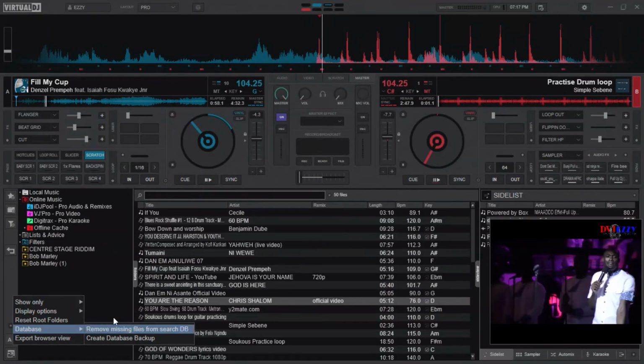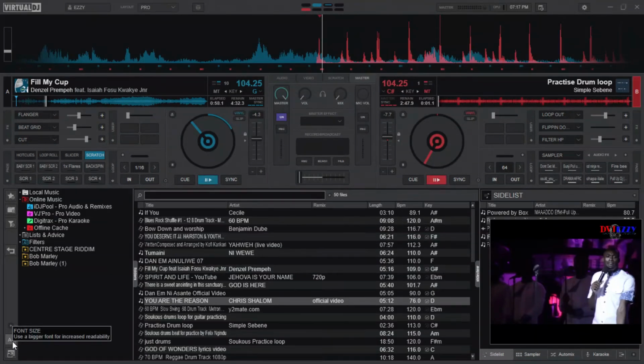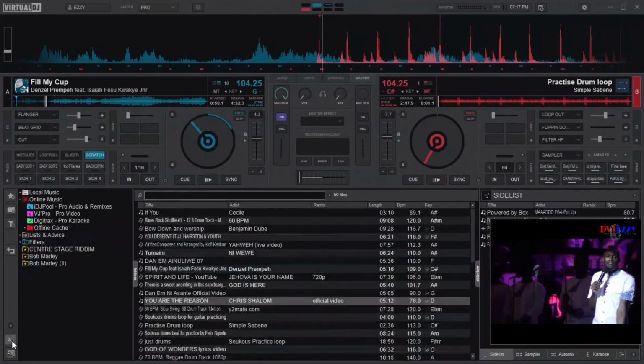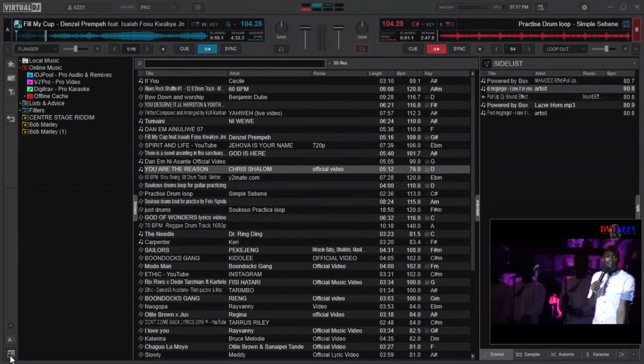Alright, we can also export the browser view. There are so many things from there. Options cannot all be explained, but they are endless. There is the font size. Although those of us who aren't seeing anything, now you can see everything. There is also the browser zoom. When you zoom it, it will kind of stretch upwards, and you won't be able to see the decks, which is weird. But maybe if you are looking for a song and you want to be very fast, you might use that one.